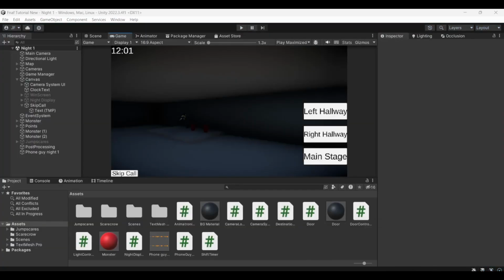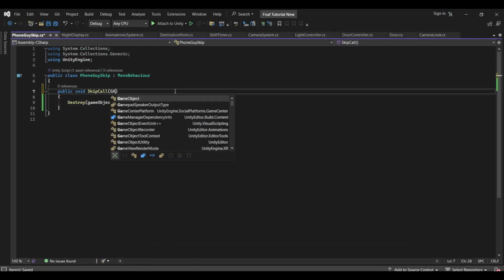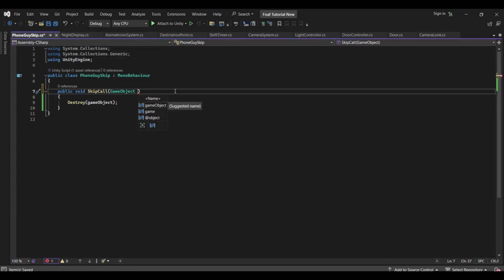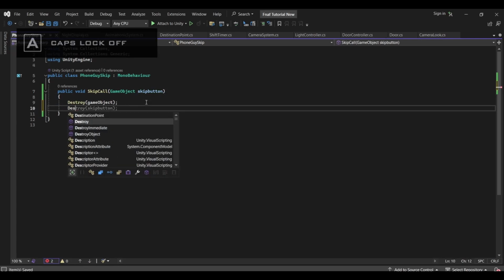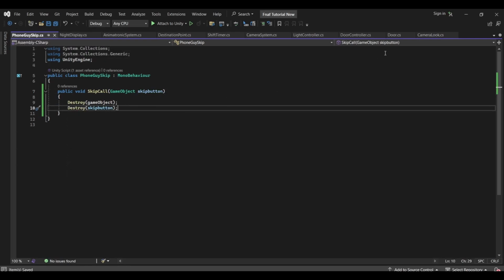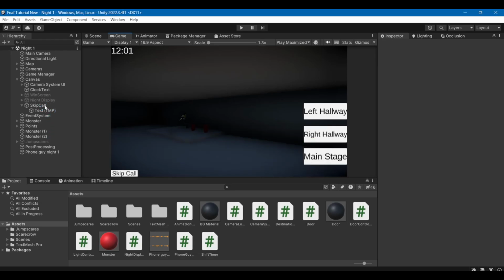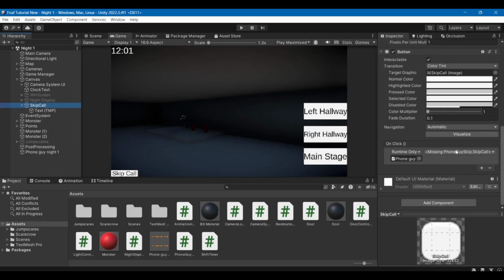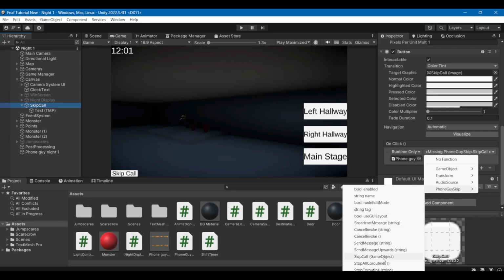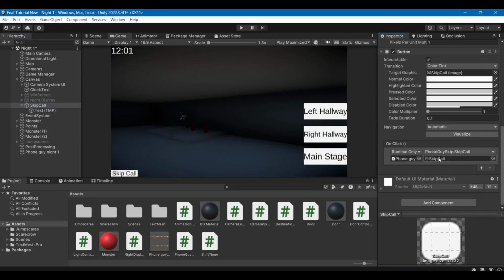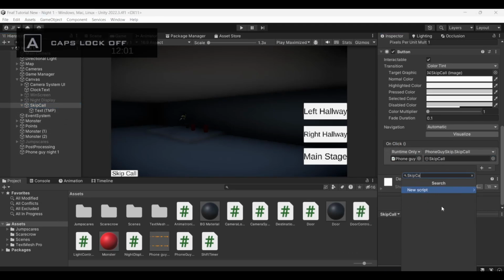And maybe let's get a game object, skip button, and then destroy said skip button. And then we can also, if you want, add in a script. I'm going to be adding it. Phone guy skip call, game object is skip call. We can also add in skip call button, phone guy skip call button,